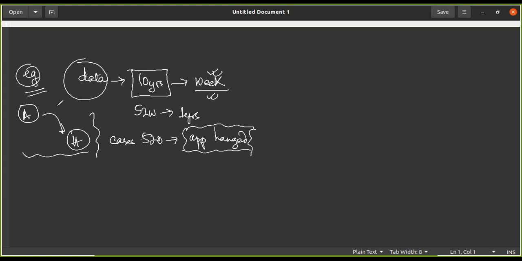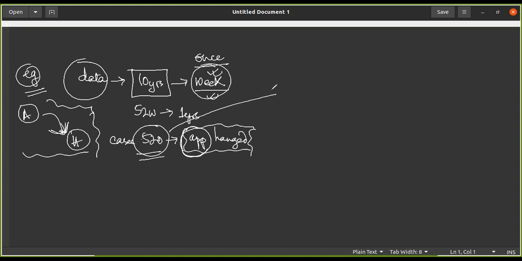Are you getting my point? The reason why I'm analyzing this is because this delay is not caused by me or the two colleagues who are driving the car. It has been caused by this app. The app hanged, and that's the reason why it has happened. I have no control. But over a period of 10 years there are at least 520 instances, if I assume it has happened once a week.